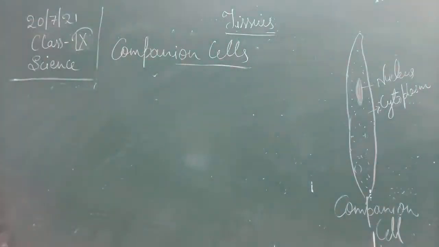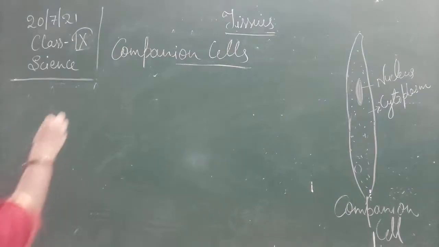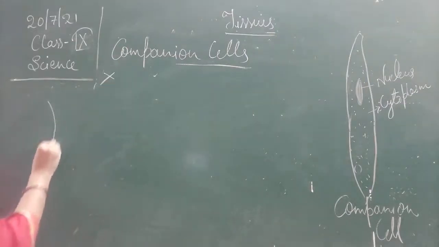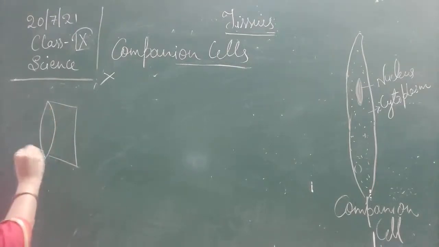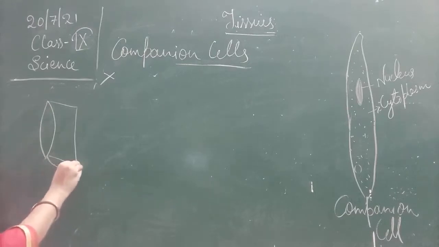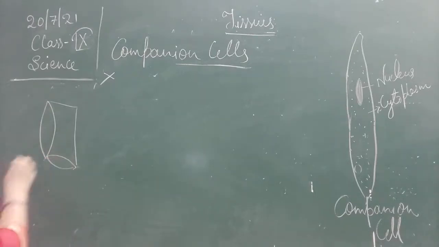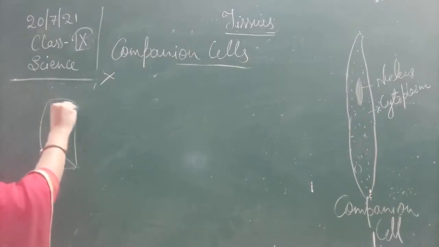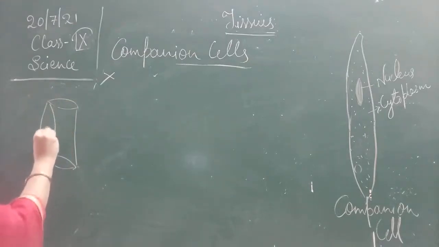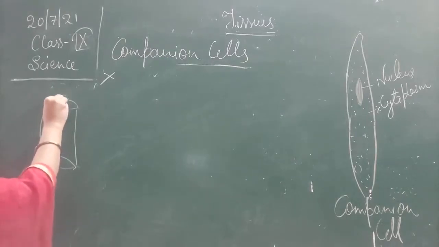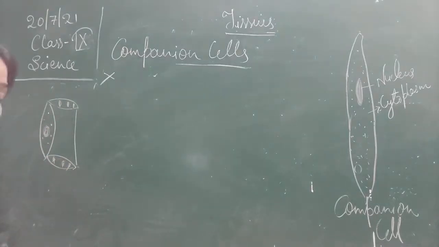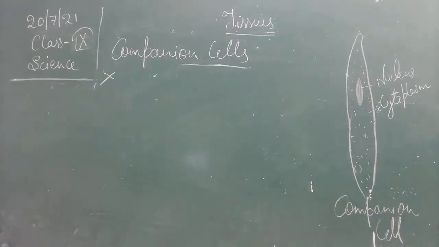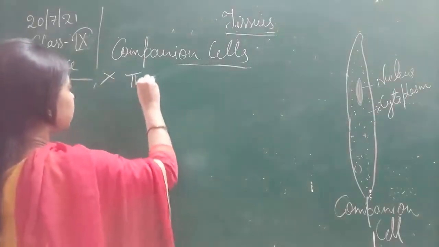In case of a companion cell, these are associated with sieve tubes. When you look at the structure, you will find that this is present with the sieve tubes only. They are attached with the sieve tubes only, like this. And they help in giving food or help in nurturing the sieve plates. So that's why it is written that these cells are associated